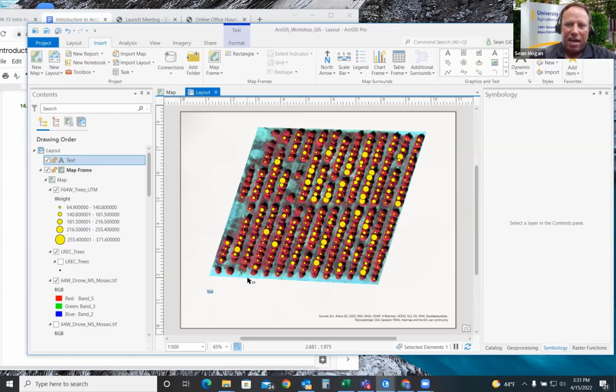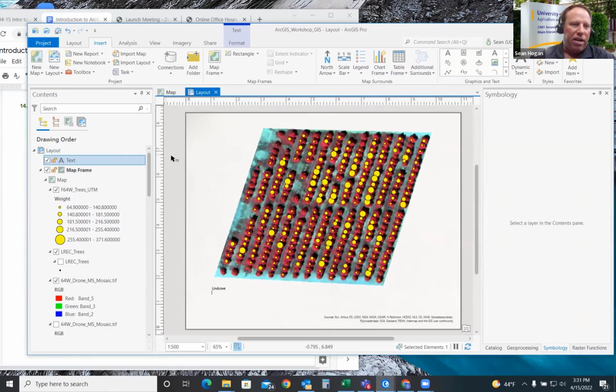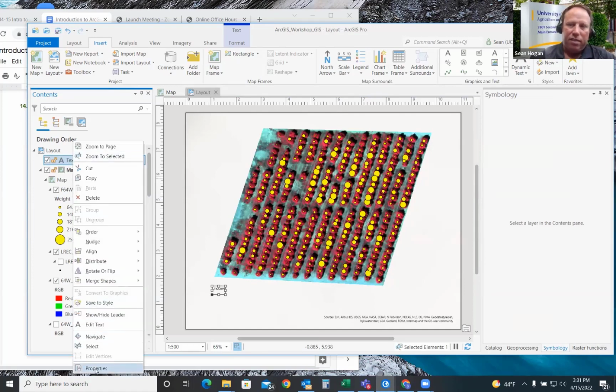This is interesting. It takes a minute to get used to this, but the way that you adjust your map elements is not necessarily on the screen. Like I can delete what's there and type in, say, Lynn Cove, just to get us started. But it's so teeny, I just hate editing it here. You can zoom in and play with it that way, but a better way to go about it is to click on the text on the right, or right click and go to properties. That's even better yet.